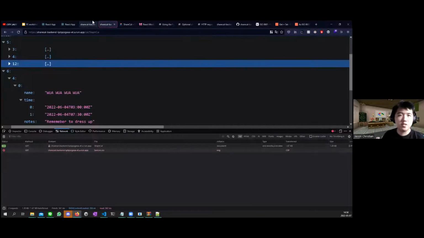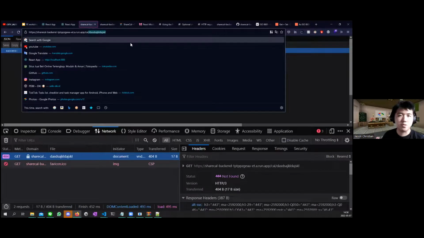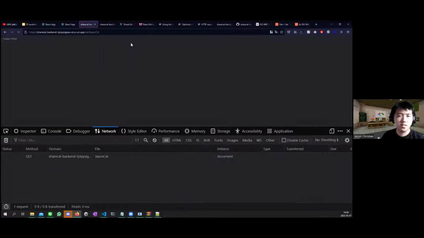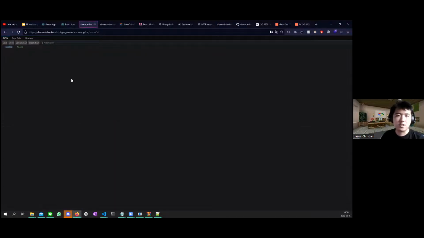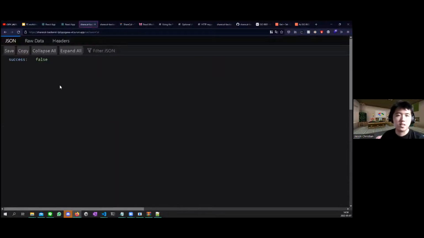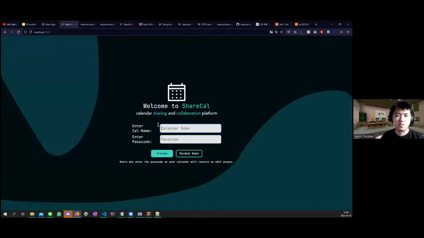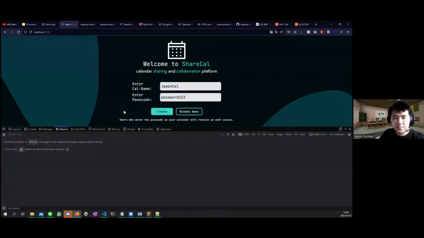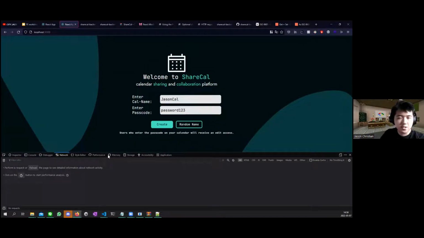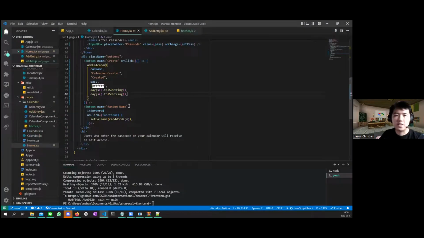So I'm gonna go to the backend and I'm gonna go to jsoncal now. And so jsoncal is initially empty. Now let's create jsoncal through the front end. So I'm gonna create jsoncal, and then the password is gonna be password123. And then if I hit create, it should create the, oh yeah, I forgot, I need this. So after adding the calendar,